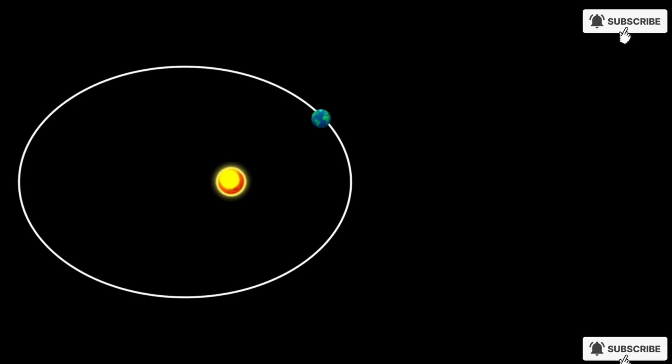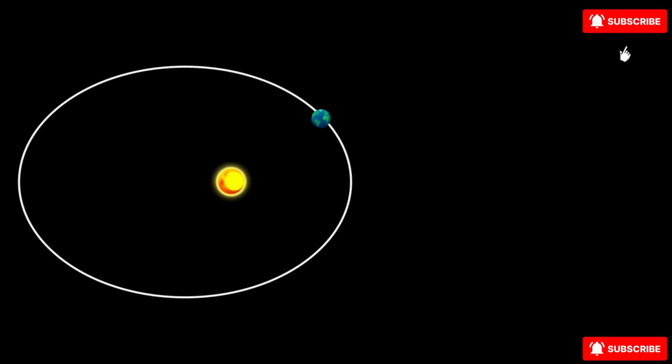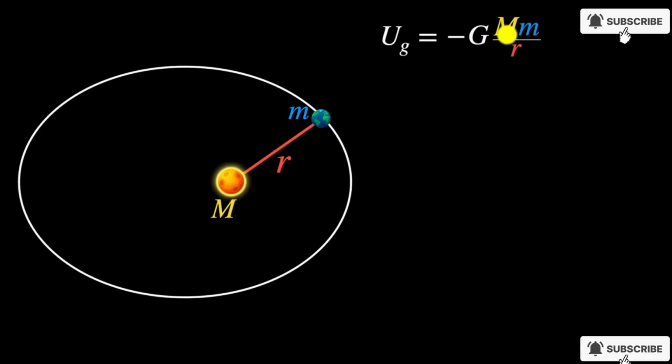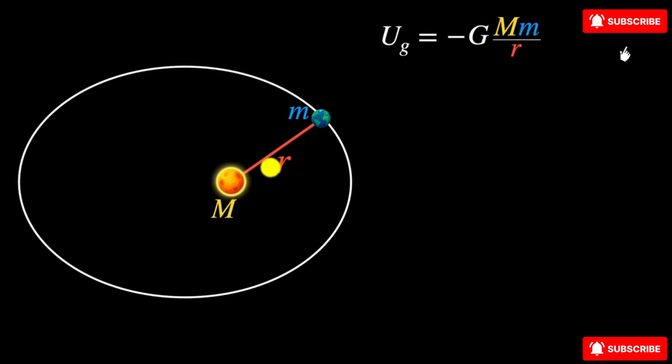First of all, because the planets and the star are interacting gravitationally, there must be some gravitational potential energy. What's the expression for that? Well, the gravitational potential energy between any two masses is given by this expression, where M and m are the masses, and r is the distance between them. But wait, why is the gravitational potential energy negative? Well, because when masses are infinitely far apart, the gravitational potential energy is maximum, right? We choose that maximum value to be 0. That's our choice. That's our reference.